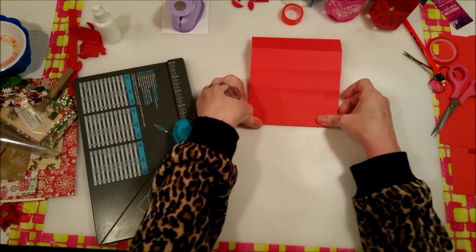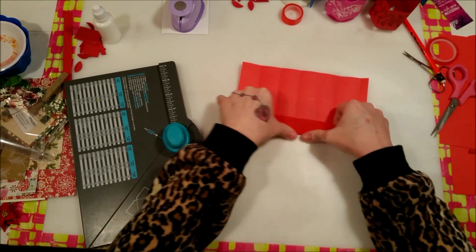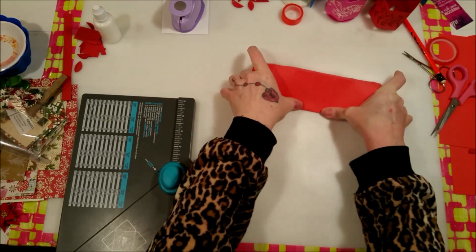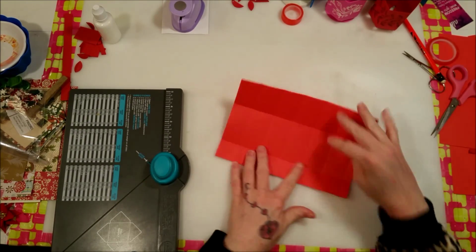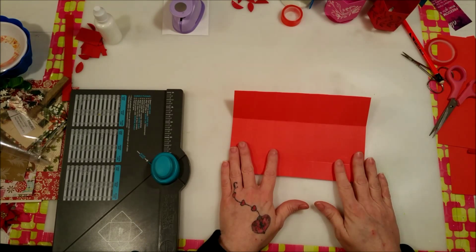Makes the next part easier. Then you're going to fold the ones here. Okay. So you're just going to fold them all going in the same kind of directions. They're all going this way or this way into each other. Okay? Then what you're going to do is you are going to